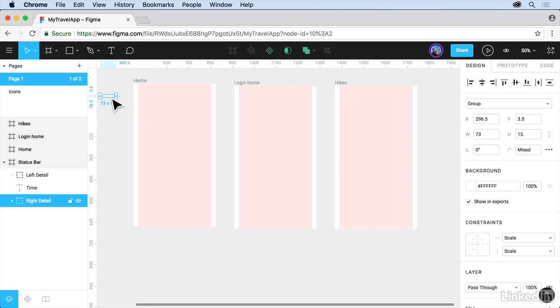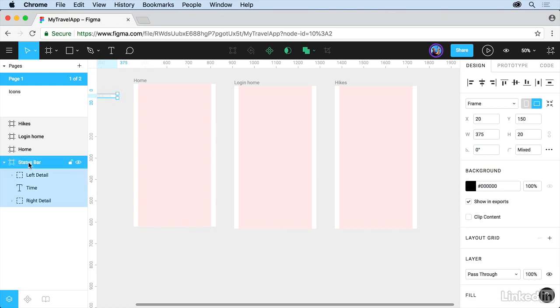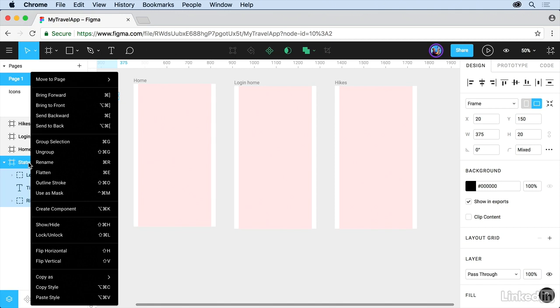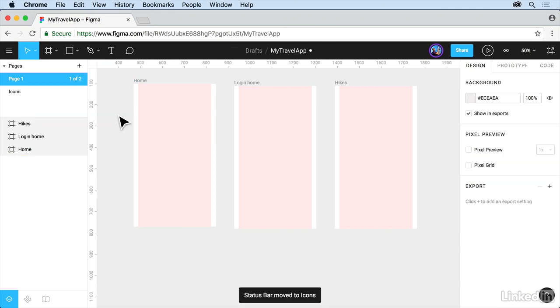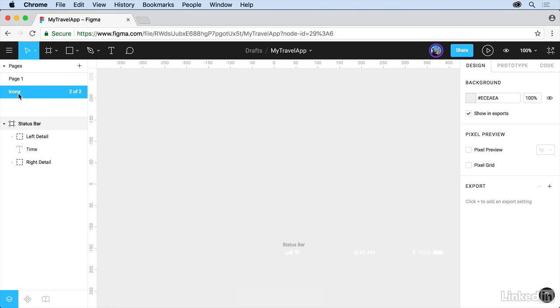Now, if you click on one of the objects here, it's going to select that single object. We're going to talk more about this, but click on status bar, and what we're going to do is just cut and paste it. So if you know the commands, you can do that. You can also right-click right on the object here, and instead of copy-paste from one page to the next, you can come to Move to Page and say, let's move it to Icons. Click on Icons, the page. That should open it up, and you should hopefully see it down there.